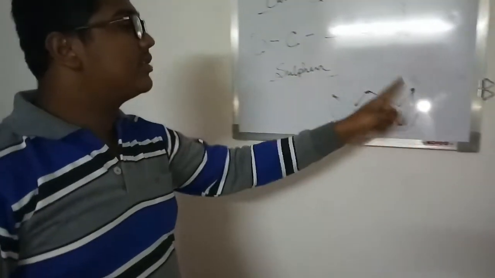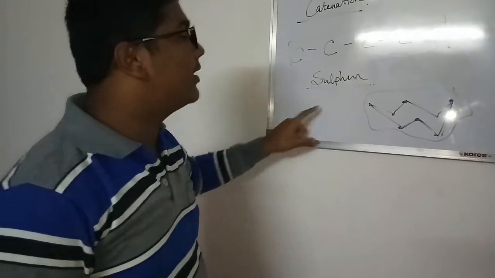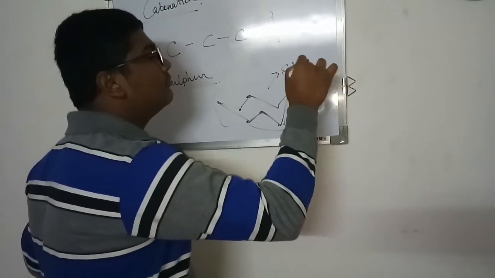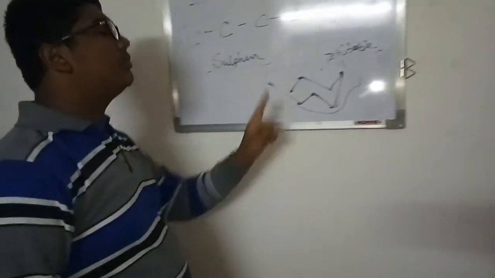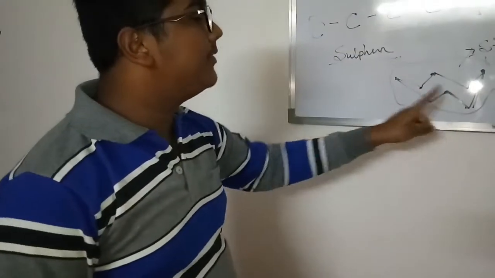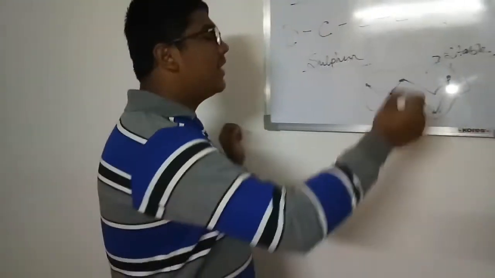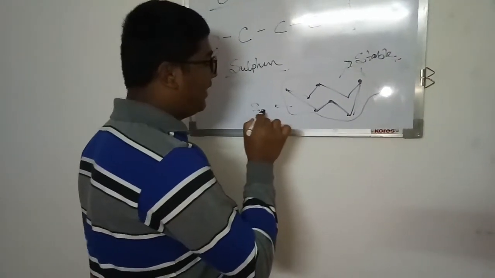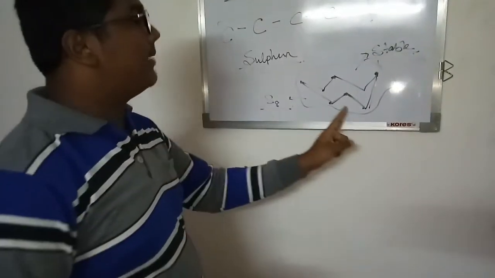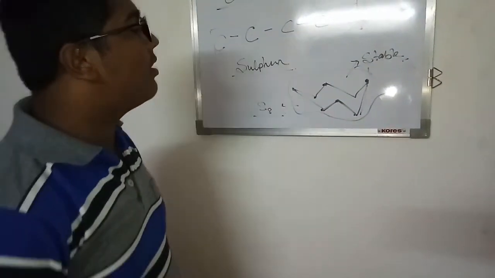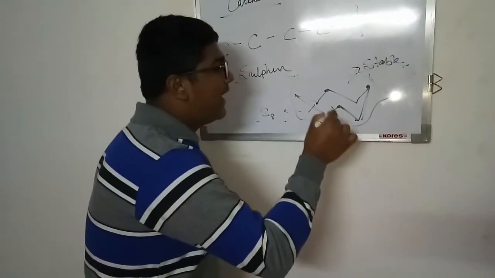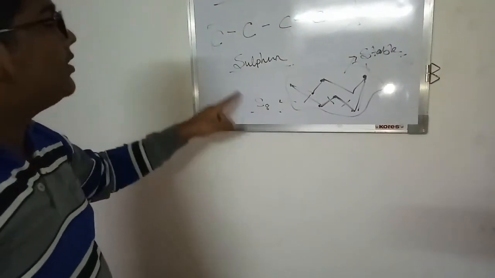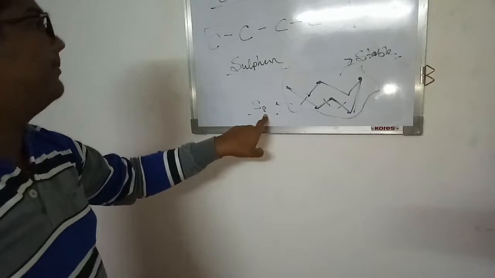And such a structure that is formed by sulfur so as to become stable, they form this particular formation. There are other formations for sulfur as well, but we say it as an S8 molecule. And this stable molecule is formed only because of these covalent bonds and catenation. The catenation ability of sulfur is limited to only 8 atoms. But